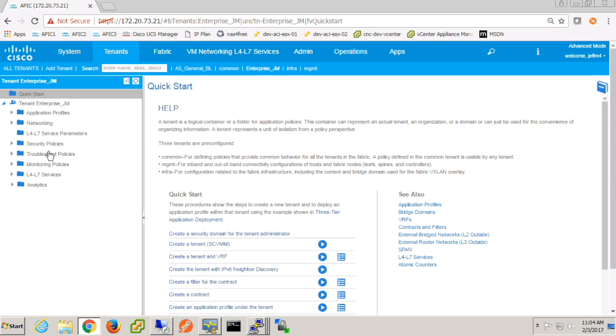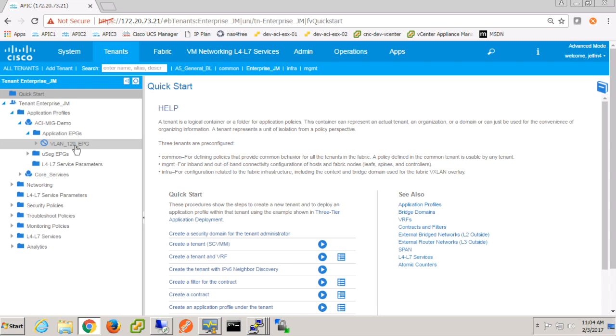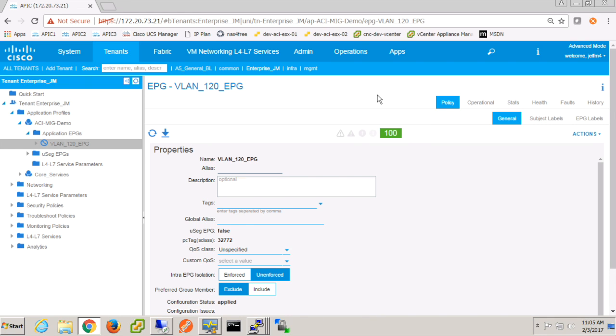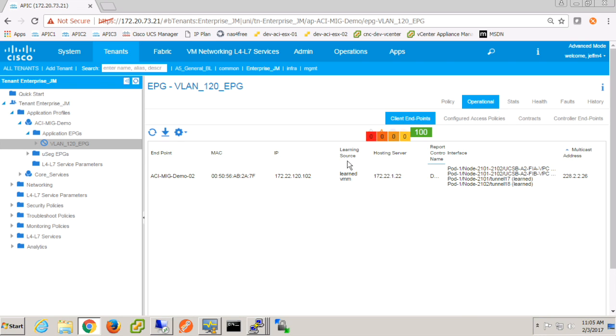So as we come into our tenant where I have this configuration built, we've got our VLAN 120. Again, we've got all these constructs already built. The gateway address lives in ACI at this point based upon previous videos about gateway migrations. The first thing I do whenever I'm building any of these EPGs is it's always helpful to go to operational, right? So these are the hosts that the fabric's learning about. Obviously, we're learning about 102. It's in ACI. We haven't learned about 101 because we haven't associated 101 with the layer 2, the VPC we